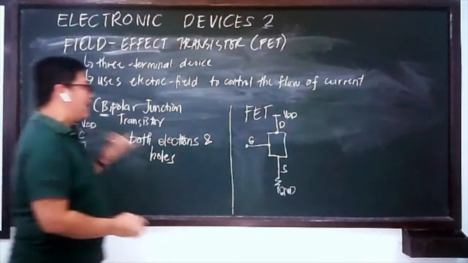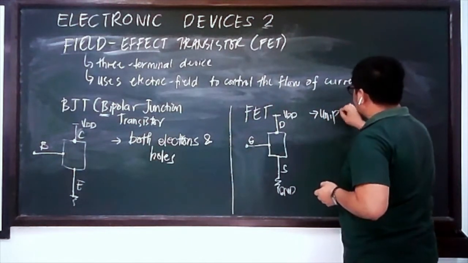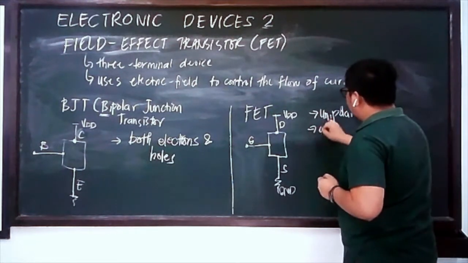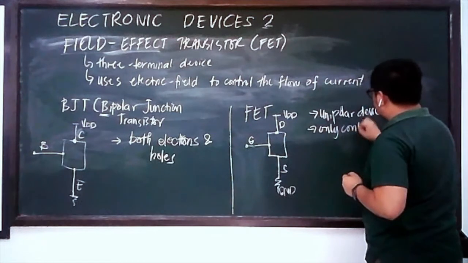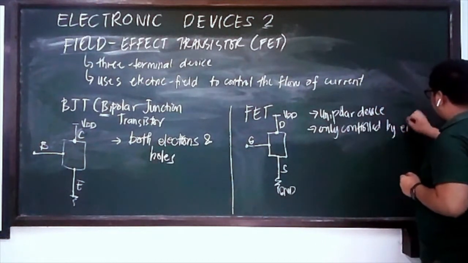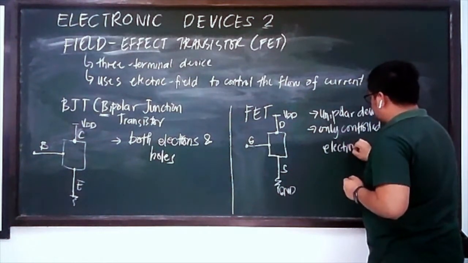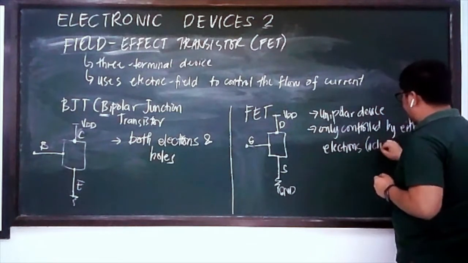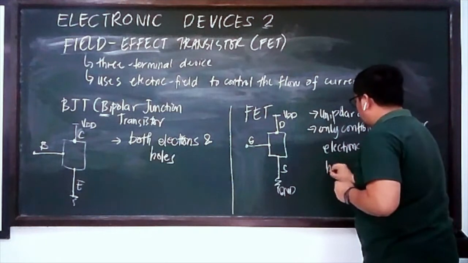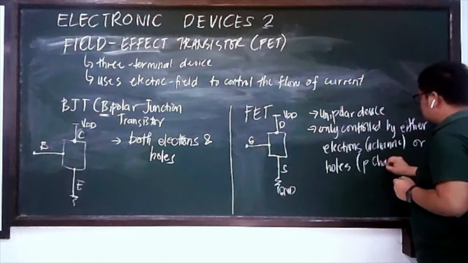But our FET, since this is a unipolar device, is only controlled by either electrons, the negatively charged particles, for your N-channel devices, or holes, the positively charged particles, for your P-channel